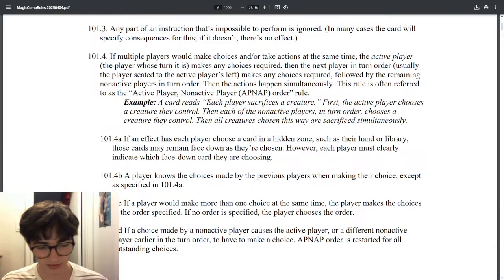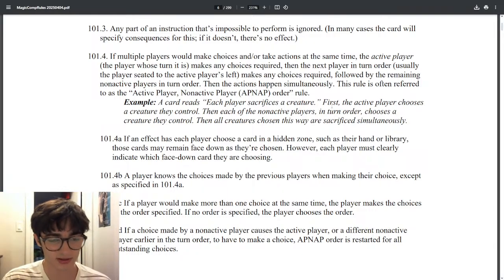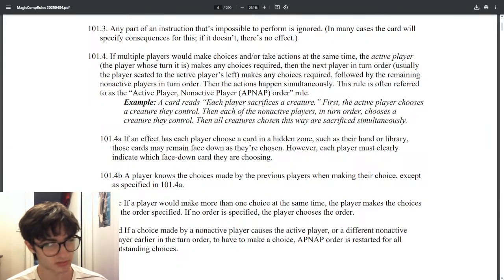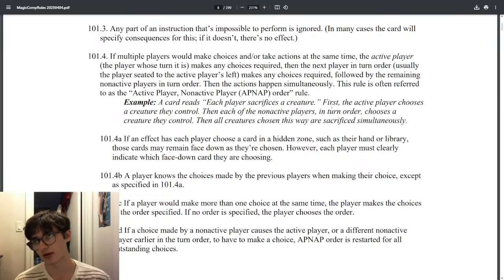My example doesn't really work within the rules of Magic, but let's say I have a card that says when this creature dies, each player loses life equal to the number of creatures they control.